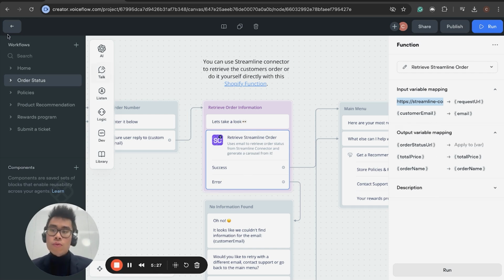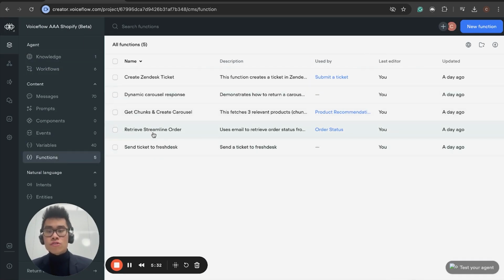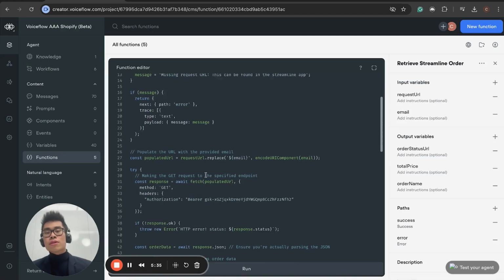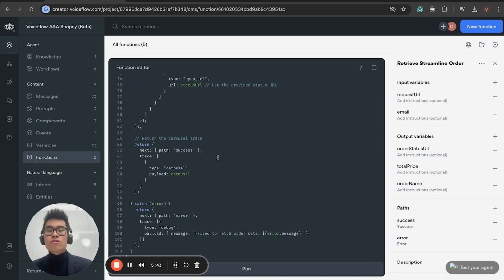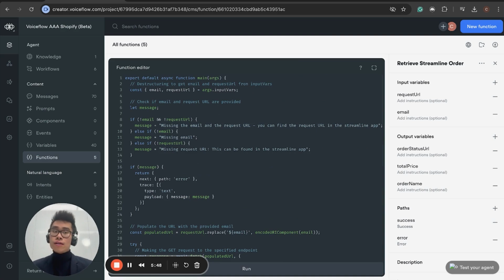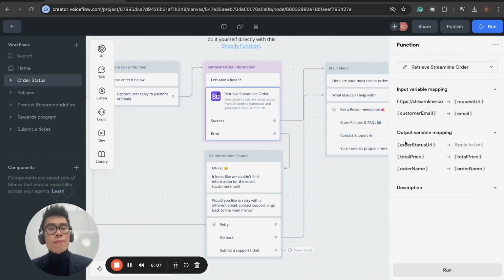You can look at it yourself. If you really want to know what's going on, you can click back, click on functions, and then click on retrieve streamline order, which is the order status. This is the actual function, what's actually happening behind the scenes. A custom function is something you can write in your own time. If you have a developer background, if you're a technical person, you can write your own JavaScript function here. But for a non-technical audience, I don't recommend you go straight into custom functions. Just use the function as it is, it will work fine. So if you go back to order status, it goes through the Streamline Connector, it takes the email and the request URL, and it will output